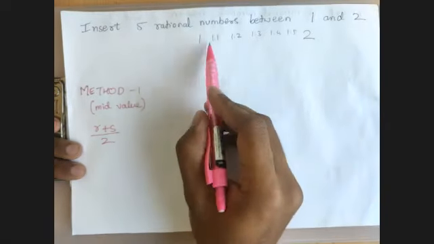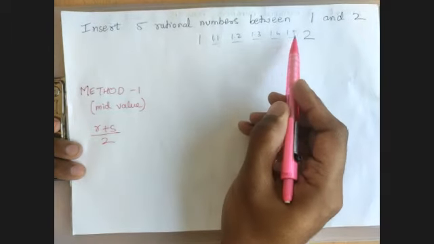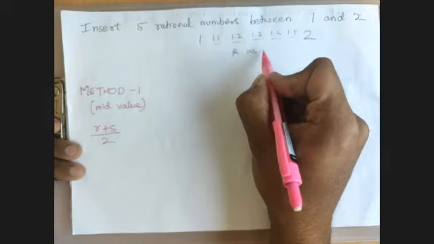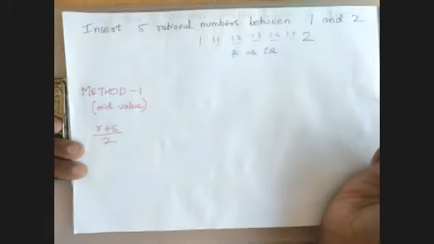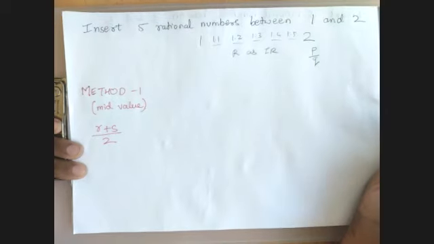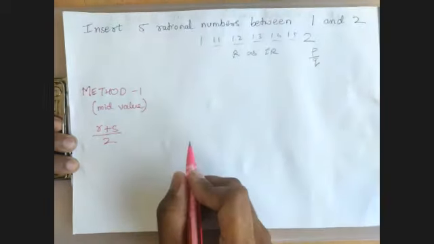But these are in the form of decimals. So we saw that decimals can be rational as well as irrational. So how do I know if they are rational or irrational? They should be represented in the form of p by q. Only then I know they are rational numbers. Okay. Now let me represent that.